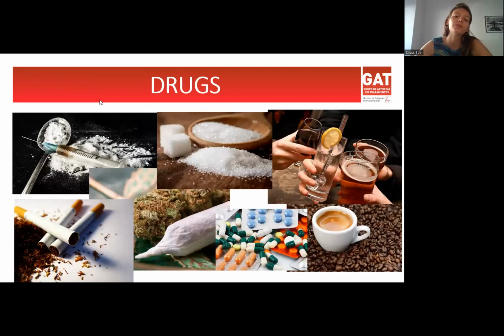Before starting, I want to talk a little bit more about what we think drugs are and what they really are. So drugs are substances that when we use them, we consume them, they produce a biological and psychological effect in our body. The first thing that comes up in our mind usually when we think about drugs is bad things that are dangerous, like heroin, crack, but actually cigarettes, alcohol, benzodiazepines, coffee, sugar are other drugs that we use in our daily life.